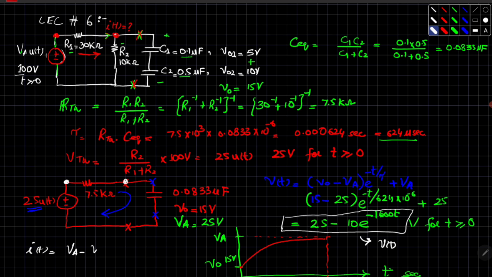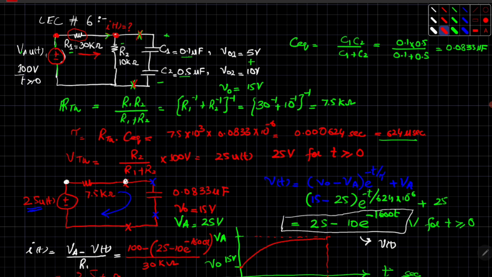VA minus Vc(t), divided by the resistance R1. Here you can see that the value of resistance is R1. So by placing these values, we have 100 minus (25 minus 10 e raised to power minus 1600t) divided by 30 kilo ohms. By calculating this value, we get our answer, and this will be equal to 2.5